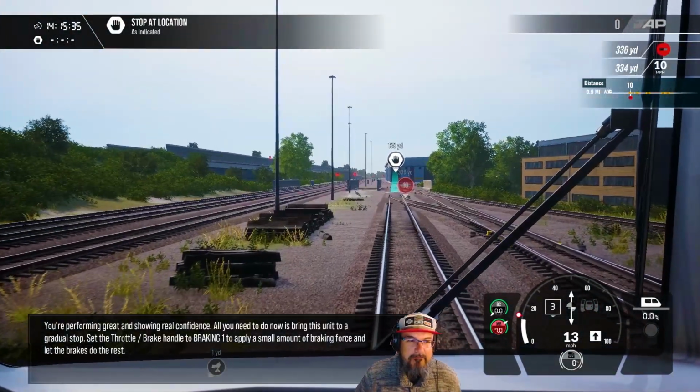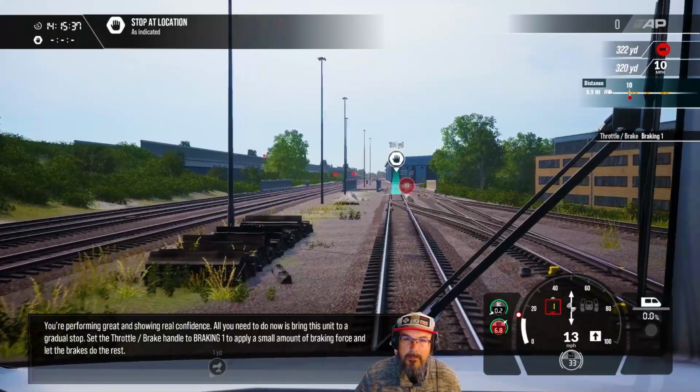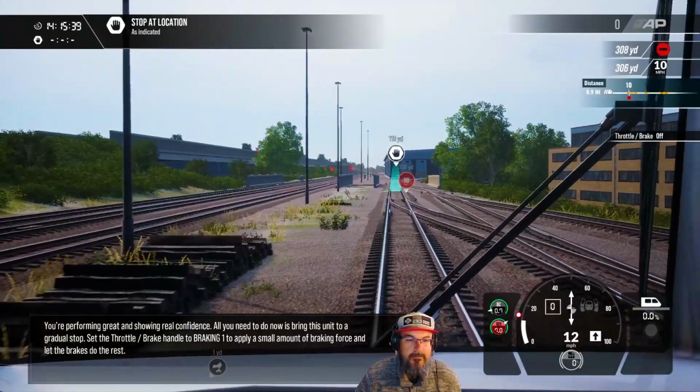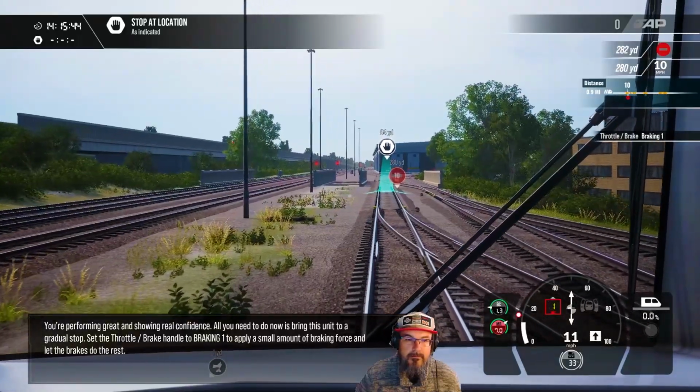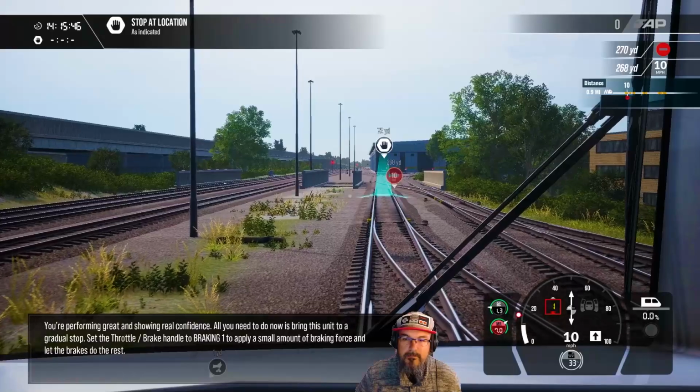Performing great and showing real confidence. All you need to do now is bring this unit to a gradual stop. Set the throttle brake handle to braking 1 to apply a small amount of braking force and let the brakes